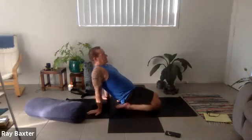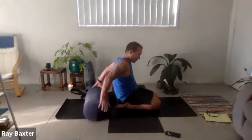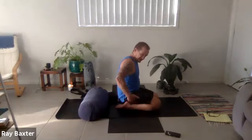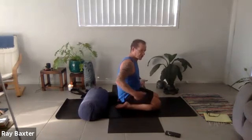Now, apparently this hurts the wrists a little bit if you're just leaning back. So you might want to even have a cushion and lean back on the cushion. It's always a nice thing to do. But make sure your hips are in between the heels, okay? Not on your heels,